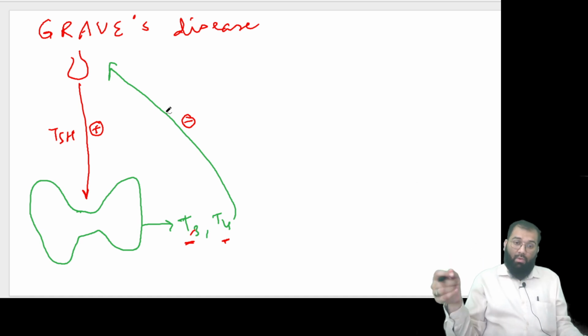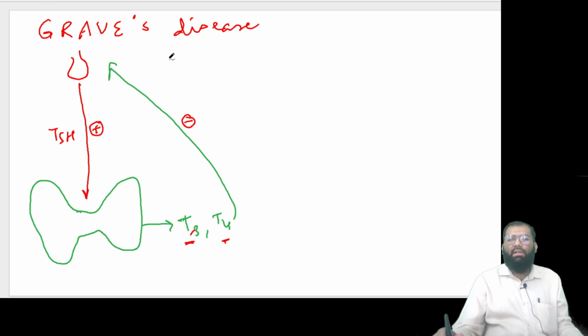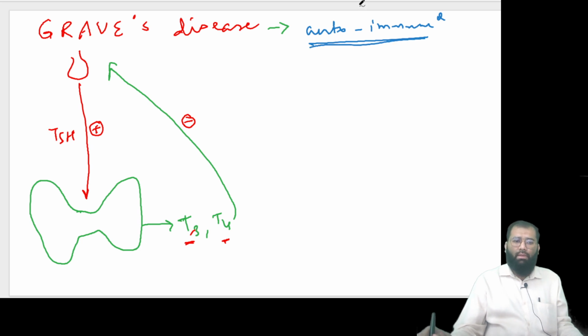Okay. Now the pathogenesis of Graves' disease is somewhat similar but paradoxical to that of Hashimoto. So in Graves' disease, again this is an autoimmune disease. Graves' disease is also autoimmune. Now